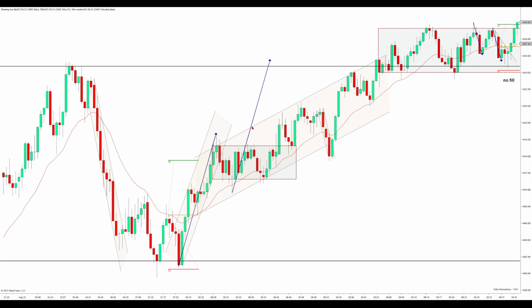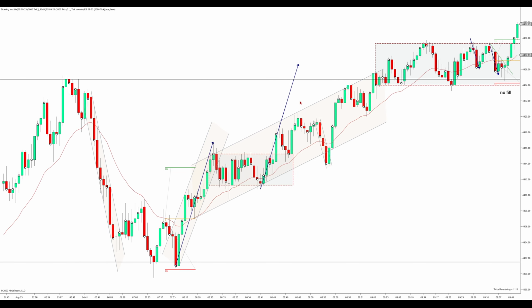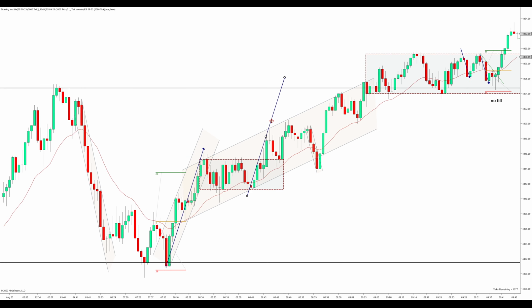Now the way that I view this right here is really, so you see how we have 2 legs up right there? I'm starting the measured move from right here, but I'm going to drag it here just to show that that's kind of where that leg started. We clearly have 2 legs up, and then we rush below the EMA. We rushed out of this channel right here. Now, even though this measured move higher is still in play,